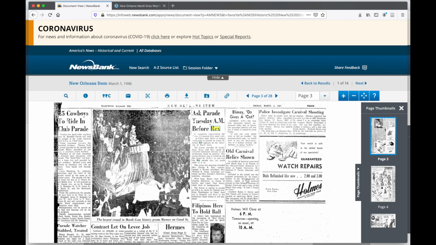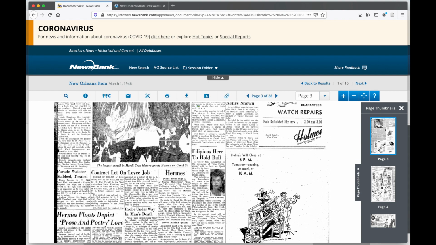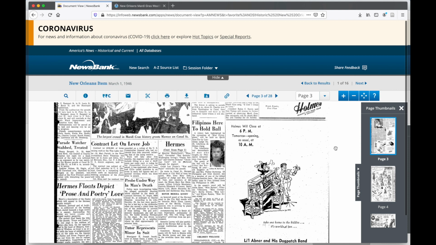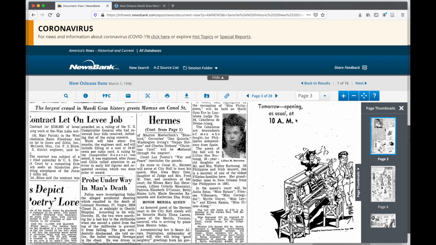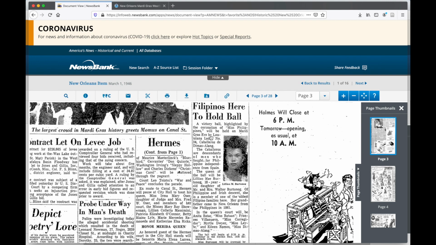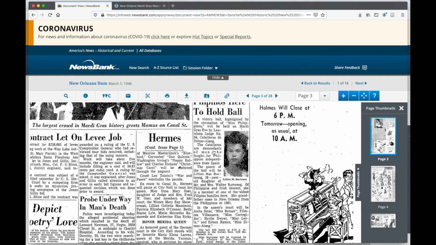We're looking at... wow, you know what? This is actually a really interesting article. "Filipinos here to hold ball." I was looking for Rex, but I'm going to go ahead and add this. So Victory Ball, highlighted by the coronation of Miss Philippines, will be held on Mardi Gras Eve by Louisiana Lodge